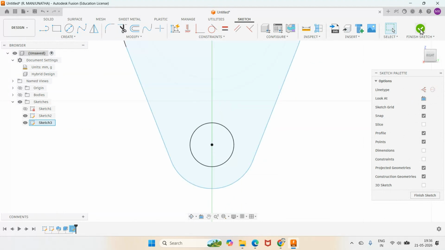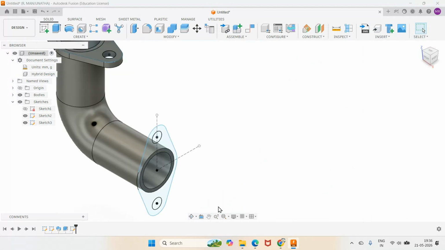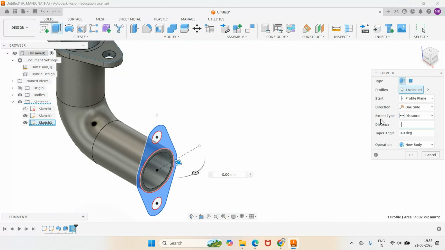Then you come down to 3D and enable the sketch. Now you go to bodies and take this down. Now the sketch is here. Then you go to extrude, select this profile and give the distance as minus 10 and click OK. Now once you do that, now I will remove